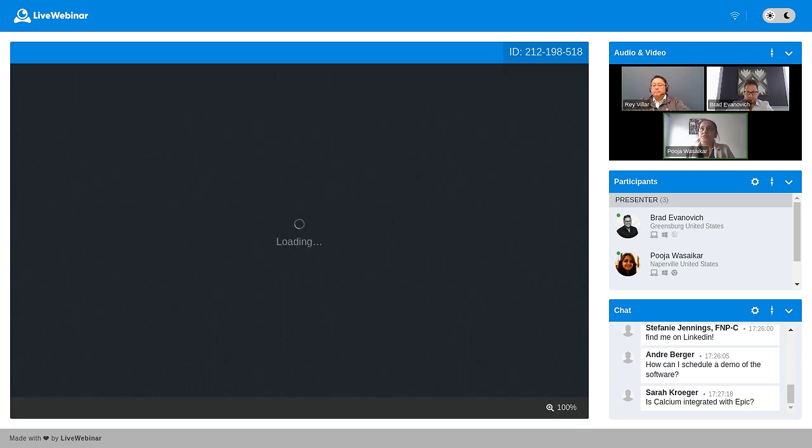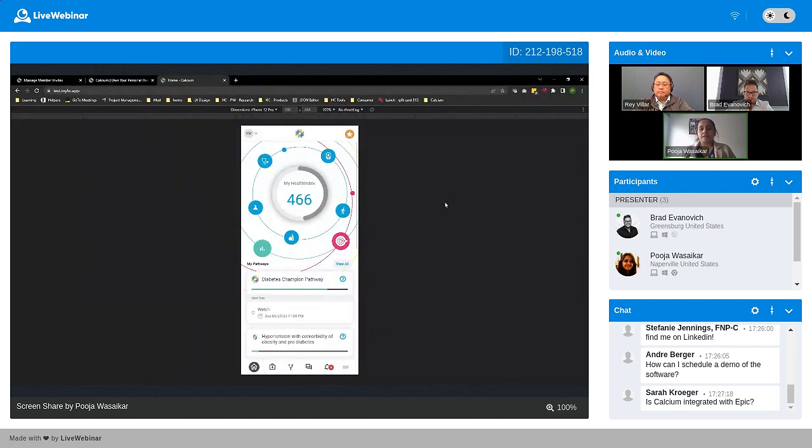Give me 1 second. I'm just sharing my screen here. So the Calcium app is really accessible and available on multiple different devices. You can download it on the phone, tablet, or even use it on a browser. I'm using it on a browser right now for the demo environment, and I'm showing you how it would really look in an app. Most of our users use the app version and download it on their phone. So this is what the home screen looks like.